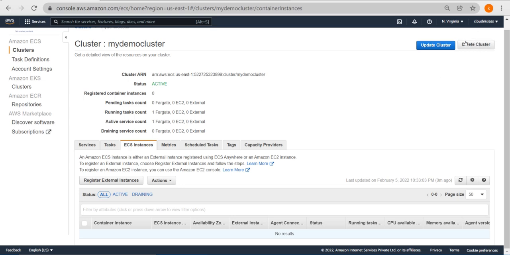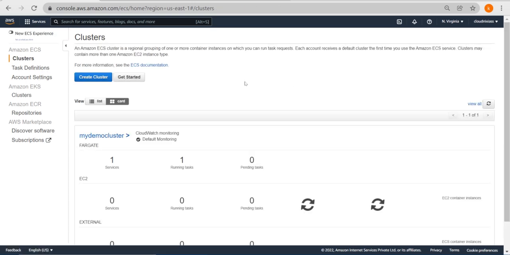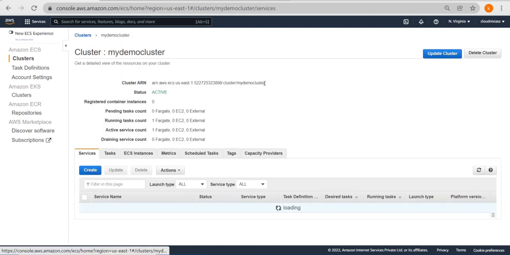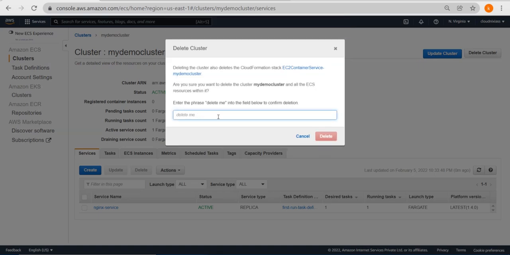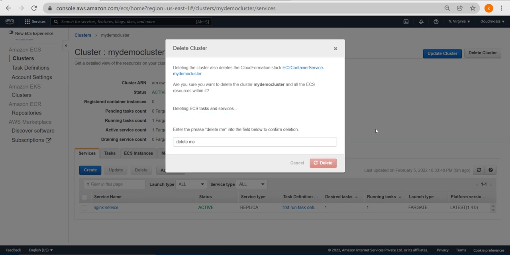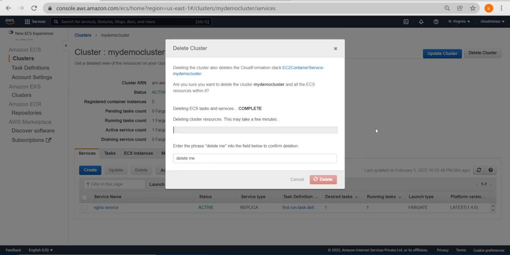So delete the cluster. What you have to do is select the cluster, select my cluster, and all the way in the right top corner we have Delete cluster. It will ask you to type delete me and then delete. So what will happen is the service, task and everything will be deleted, and again it will take some time. And make sure there is no cluster and no task definitions there in your AWS account. So instead of waiting for a longer time,